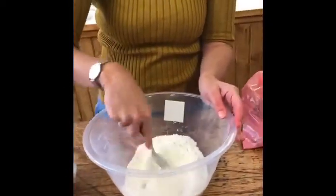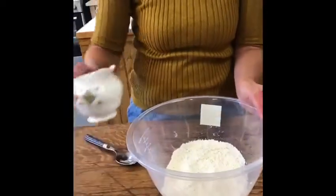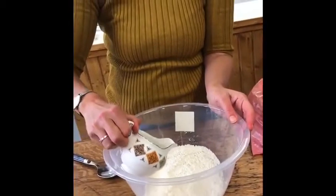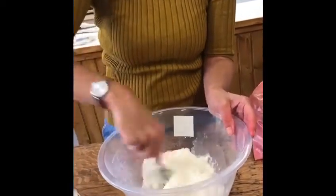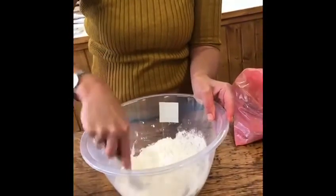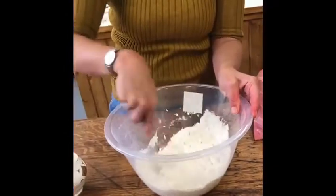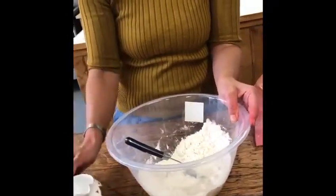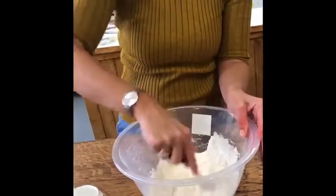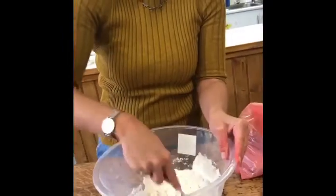Now, to make it into the dough, all you have to do is slowly add little bits of water. It's better to add less, and then you can see if you've got enough, because it starts to go solid into a dough when you've got enough. So start with less and then keep adding. It usually takes about half a cup of water to make this amount of salt dough. And you should see it starting to form up